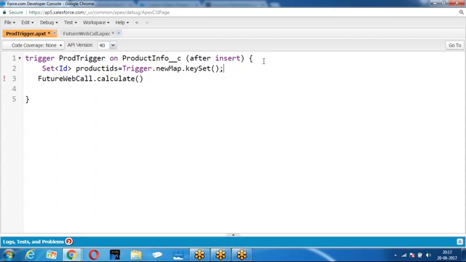Any asynchronous job is added to the queue. In the queue, when it is going to execute, I am not sure. It is an asynchronous job. The job is added to the queue. It may run instantly. It may run after 10 minutes. It may run after 1 hour. It may run after 24 hours.